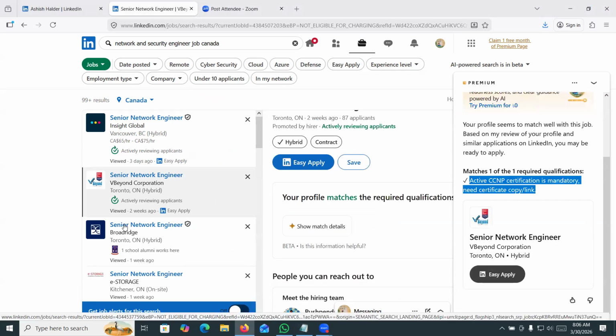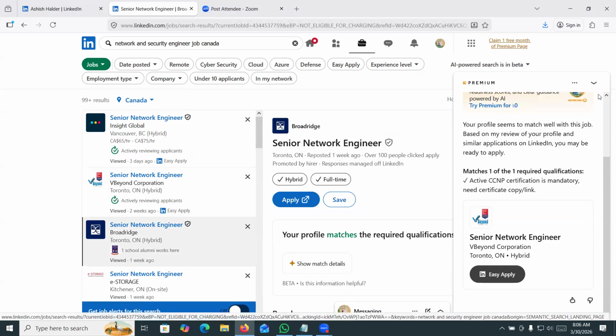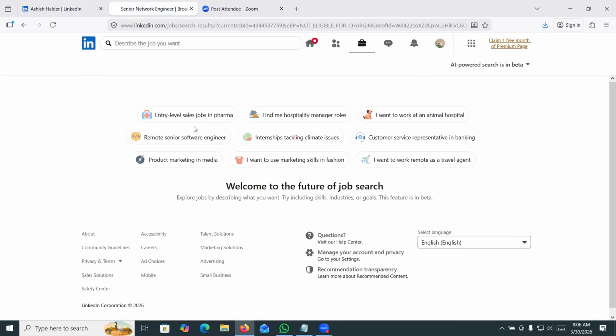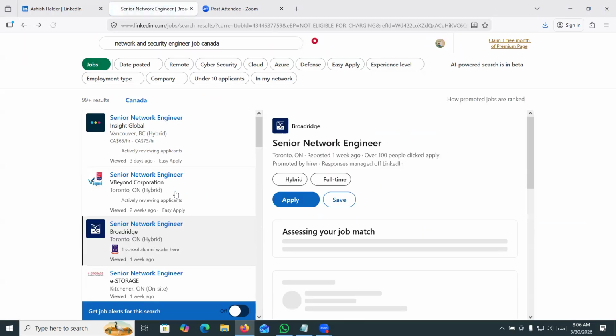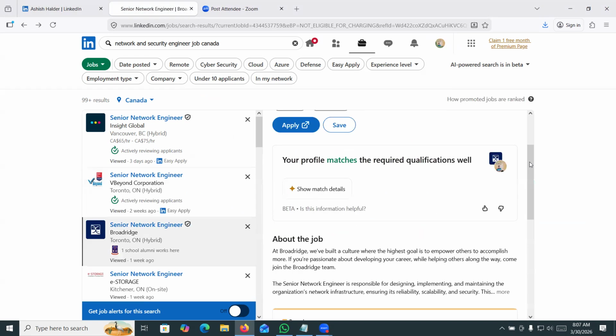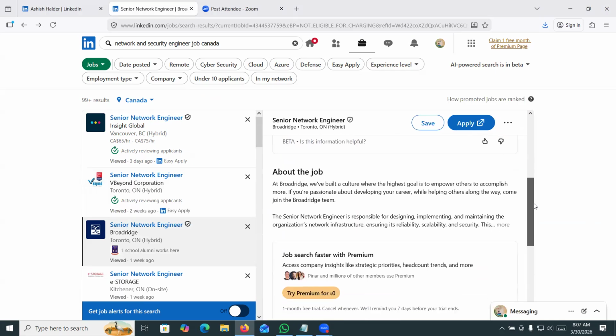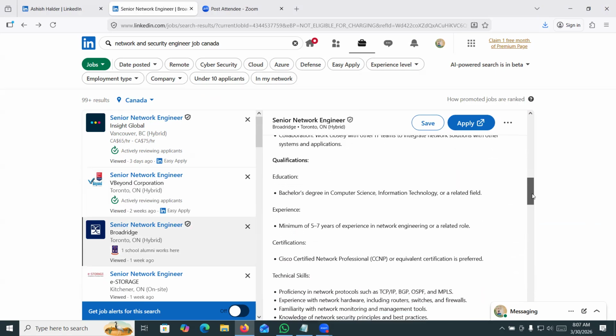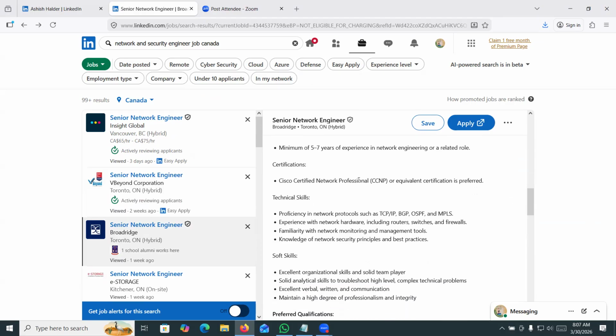Then go for another one, senior network engineer jobs. If you expand this, they are also asking for a CCNP certificate, and technologies like BGP, OSPF, MPLS, and also firewalls.